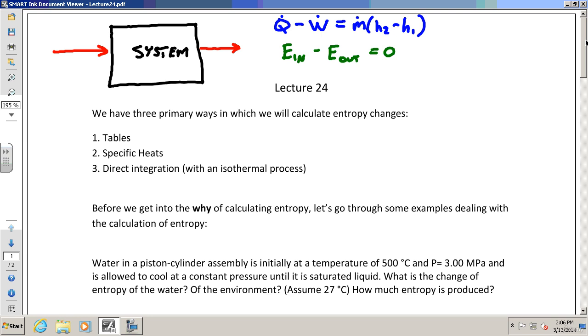But in most open systems, in most cases with a control volume, it's what we call steady state, and the properties of the system don't change. Therefore, we can say energy in minus energy out equals 0 almost all the time. I think one thing people are not connecting, though, is the green equation to the blue equation there. They're having a little trouble connecting those two.